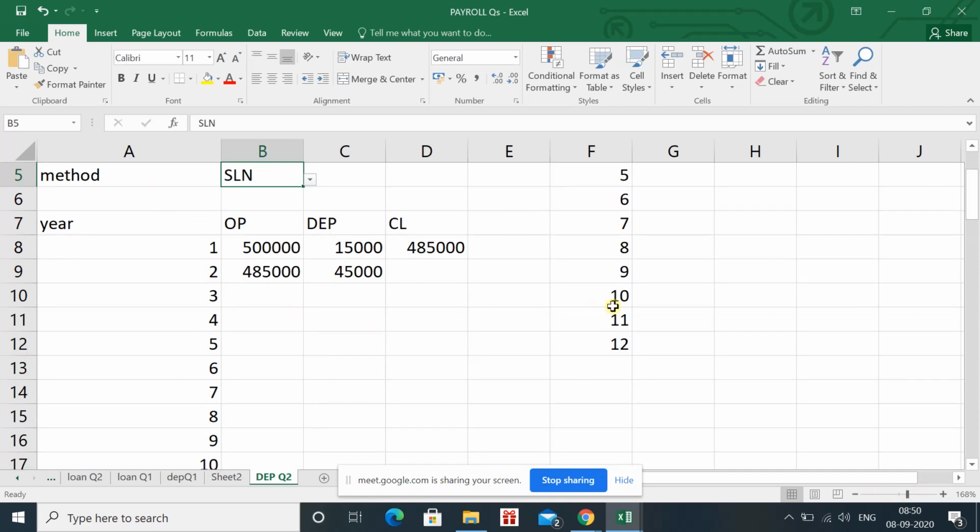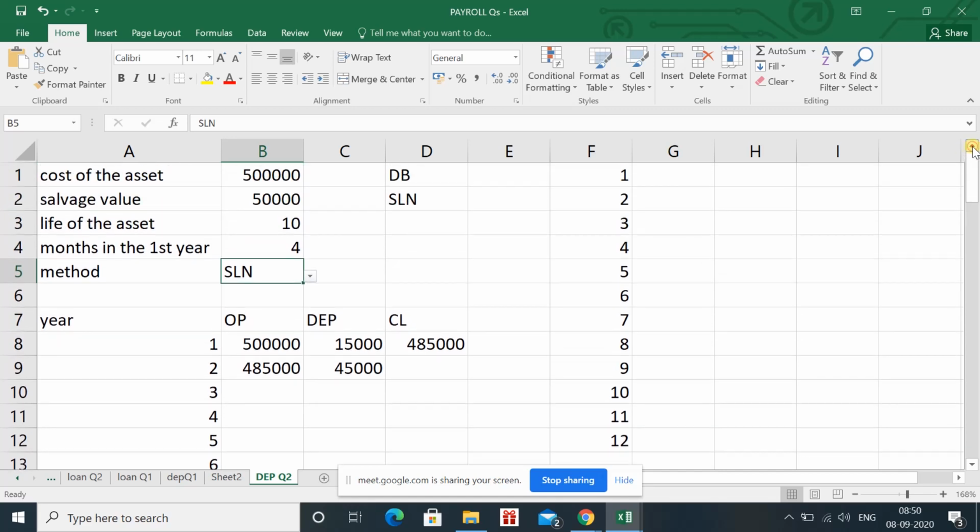Okay. Zoom करने में थोड़ा ये issue होता है that you won't be able to see all the values. That is the problem with the zoom. So as per the question, we have to create the 2 drop down box, one for the months and one for the method of depreciation. And we have already discussed to create the drop down box. First of all, we have to write the values which we want to write in the drop down box. So for months I have written 1 to 12, and for method of depreciation I have written DB and SLN.